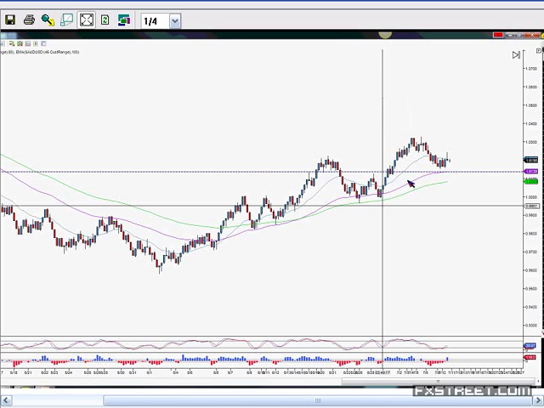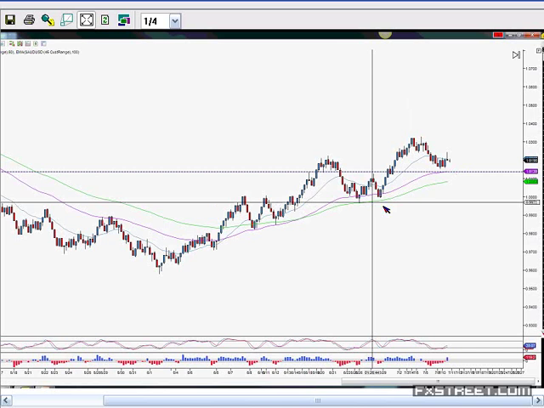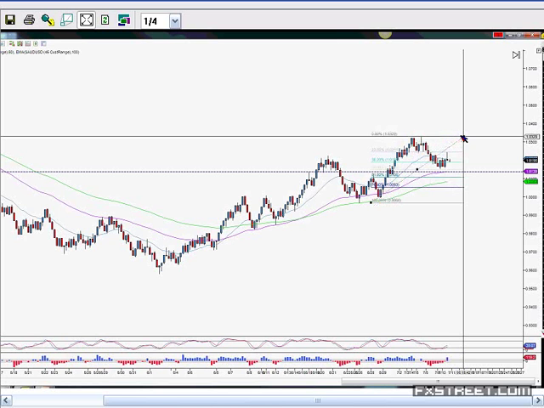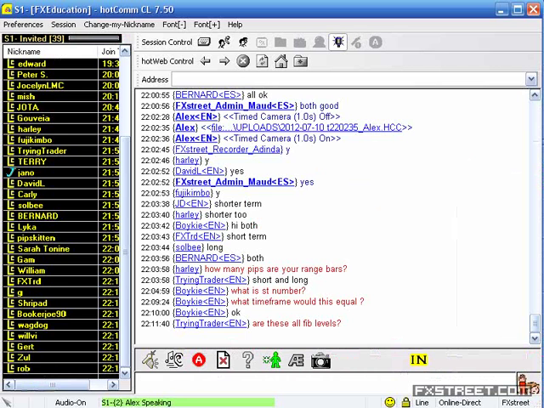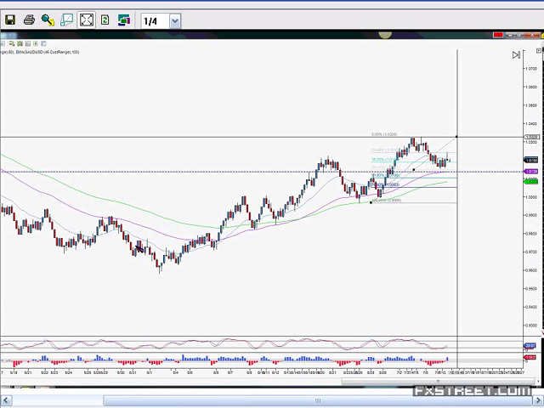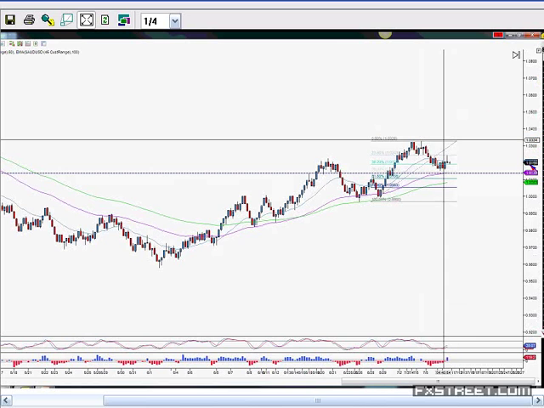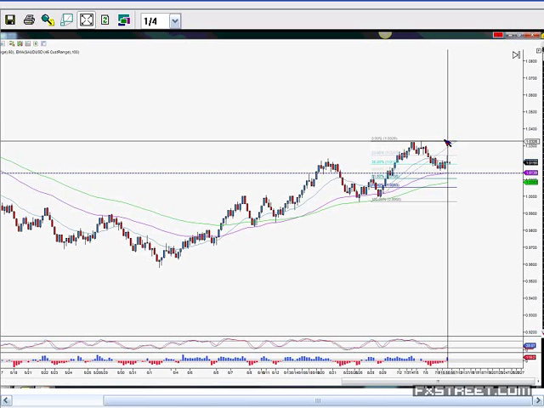Any questions about this at all? I mean, it looks as clear as day to me. If we put in a Fibonacci retracement level, I'm pretty convinced we're going to have like a 50% there or something in that region. 50% level right there. Any questions? Does this look like a good chart to the rest of you guys, or is it just me? Am I being biased there?